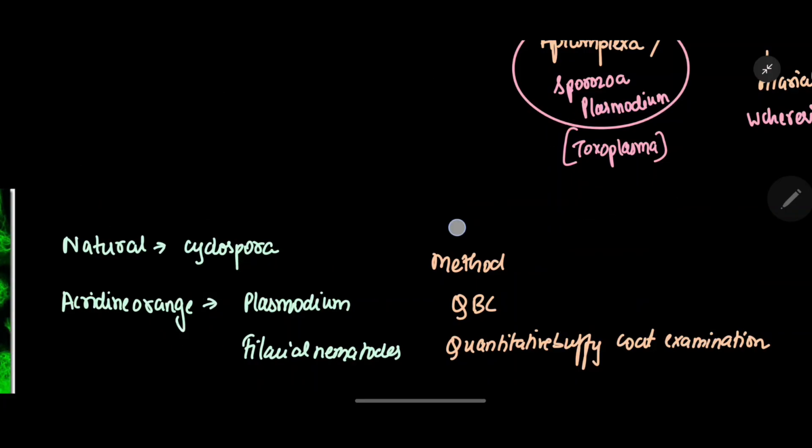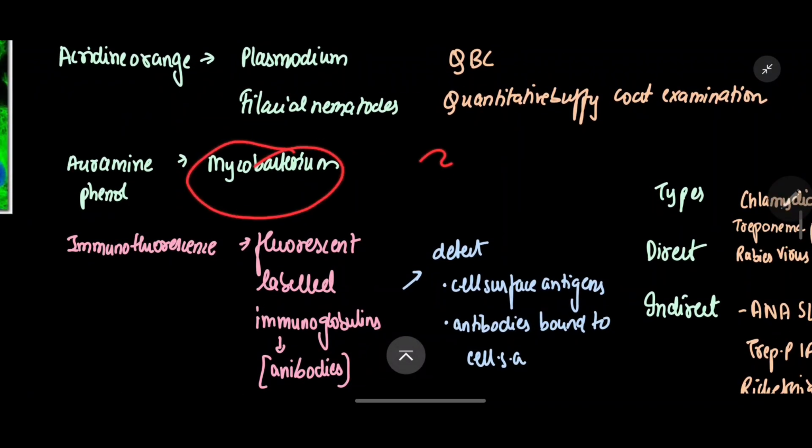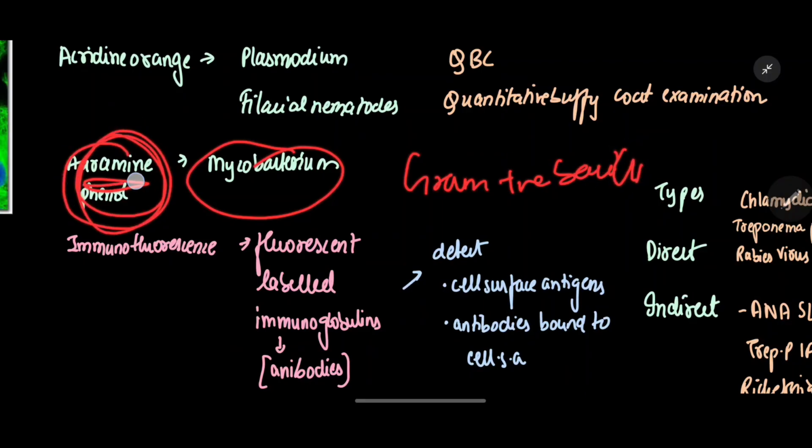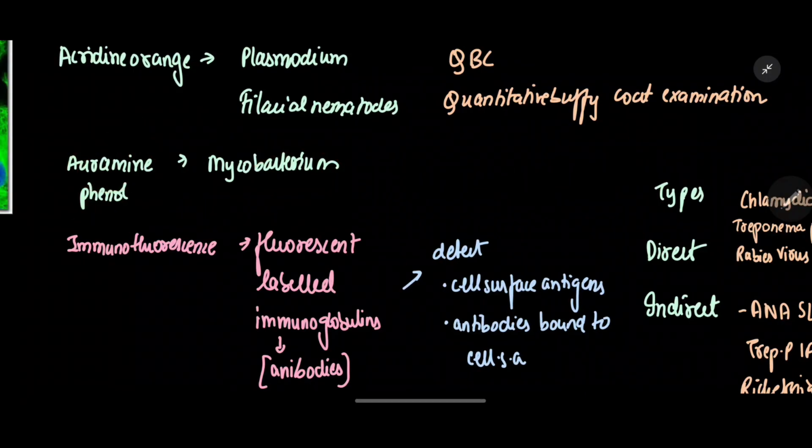Okay, so your Mycobacterium is a type of gram positive bacilli. Okay, and your other tubercle bacilli can also be observed by Auramine phenol. Next is a method called immunofluorescence, which we will read about in immunology, but I'm just going to give a